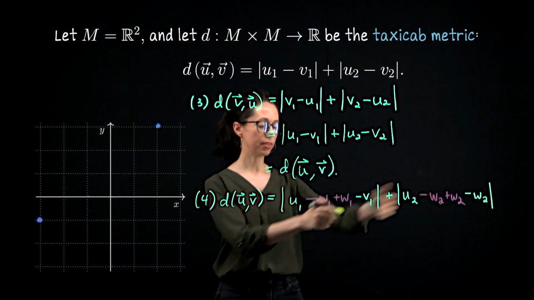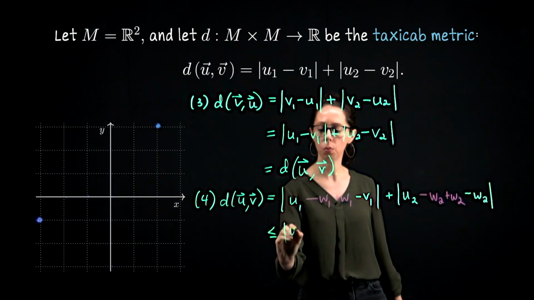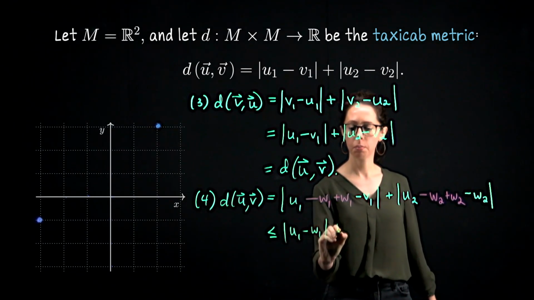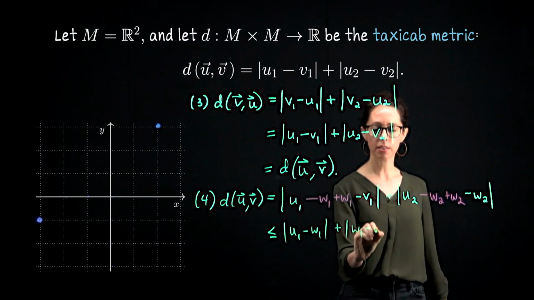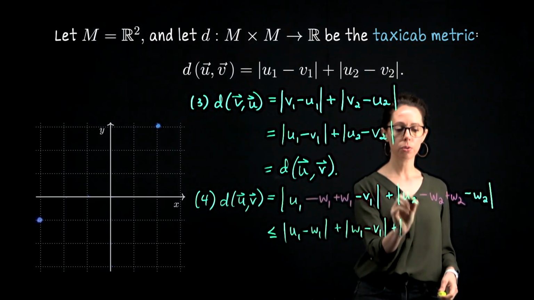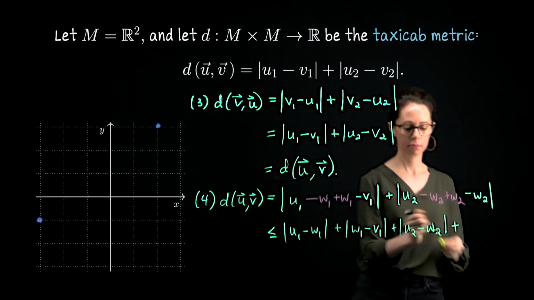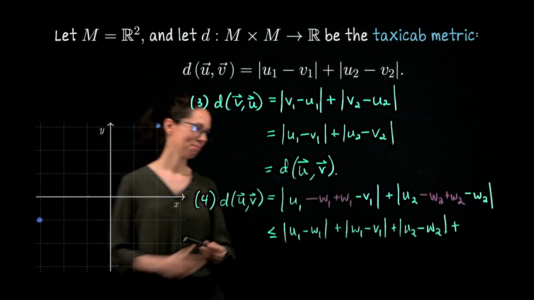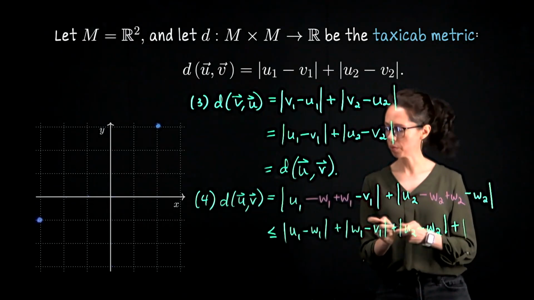So I can break each of these up and say that this is less than or equal to the absolute value of U1 minus W1 plus the absolute value of W1 minus V1 plus, here it's going to be the same idea, absolute value of U2 minus W2 plus the absolute value of W2 minus V2,